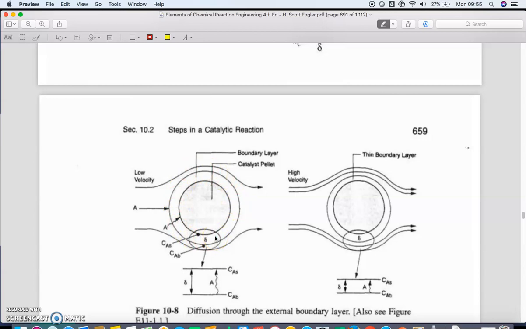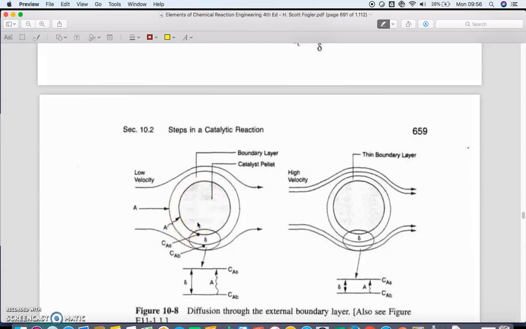It has a thickness of delta, right? So here is the delta. CAb is actually the concentration of reactant A at the bulk here, and this is the solid catalyst. So A will travel from bulk to the surface and into the catalyst pores,